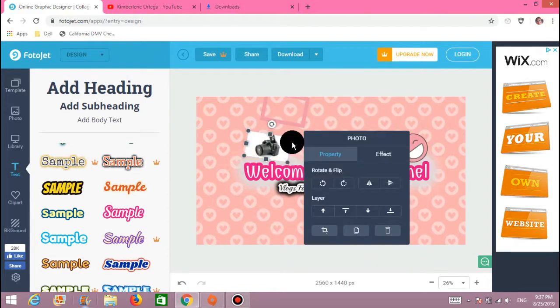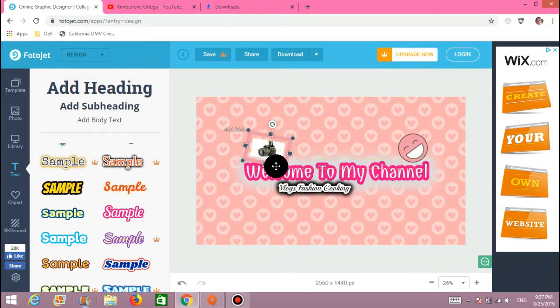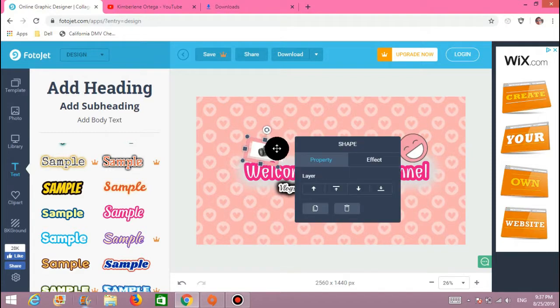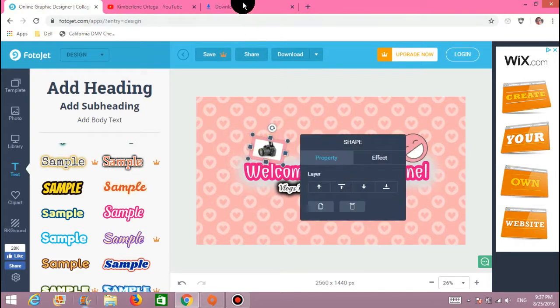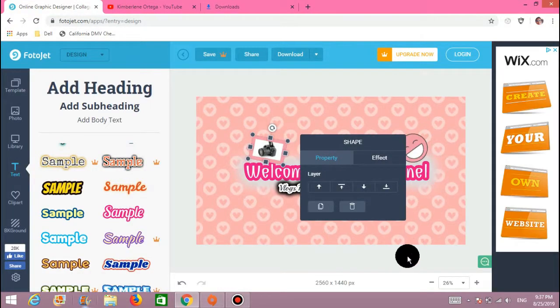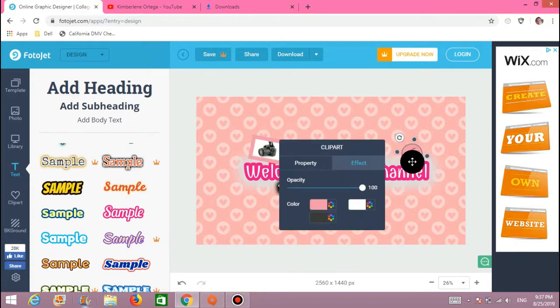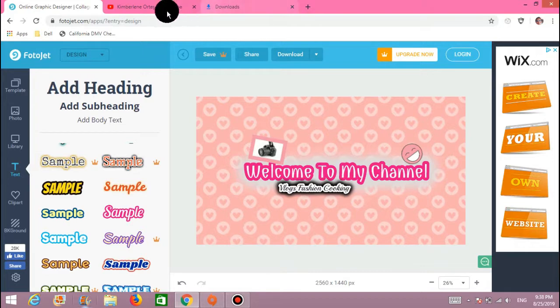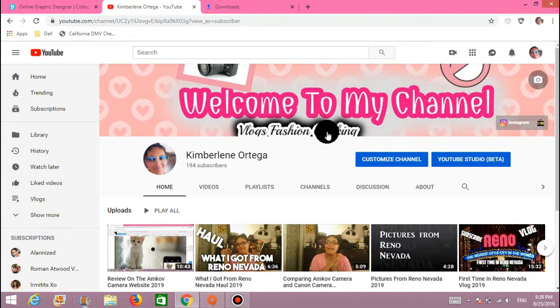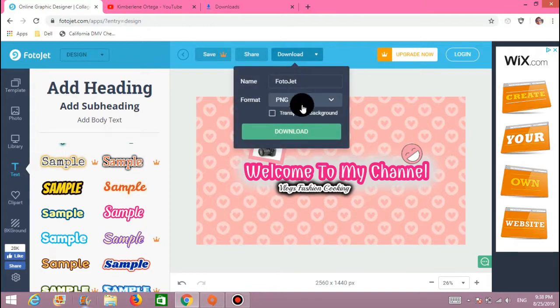So we gotta make the, we're gonna take this off. We have to make this smaller like that, and make the outline smaller as well so it fits. Now we have to make this little emoji smaller. It has to be small, like probably like that. And you go back, and this is pretty nice, so I'm not gonna do anything with that. Okay, so I think I like it like that. So now you're gonna click download again. PNG download